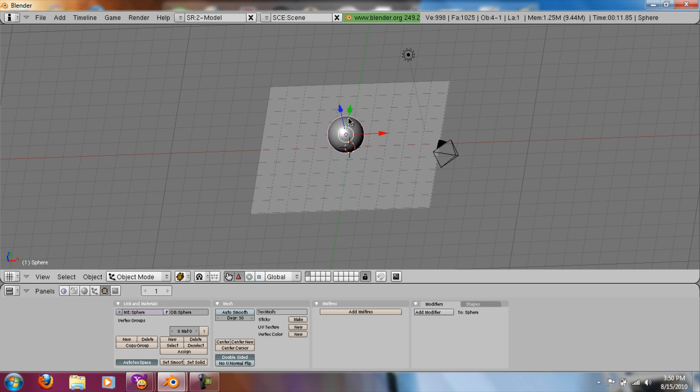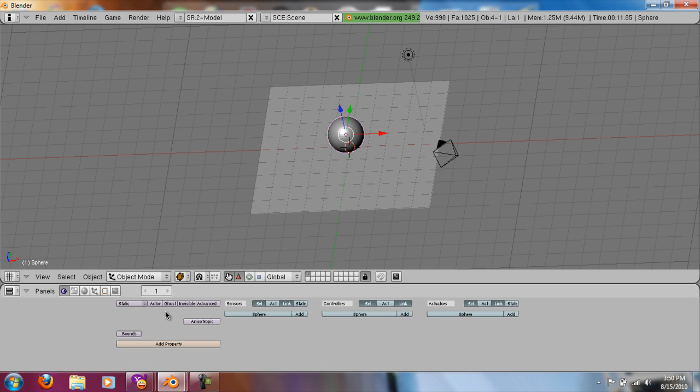Now make sure the UV sphere is still selected. You're gonna go under to the logic panel, looks like a Pac-Man, and you're gonna click actor, and then click dynamic. This is going to make it so your character that you're going to be playing as, and then there's going to be 3 spaces. They should say like sphere or something. You're going to click add for all 3,